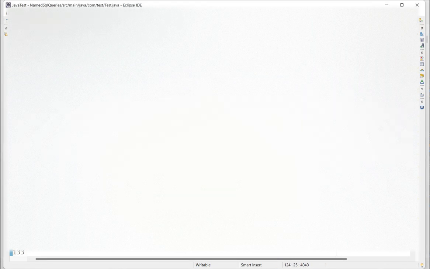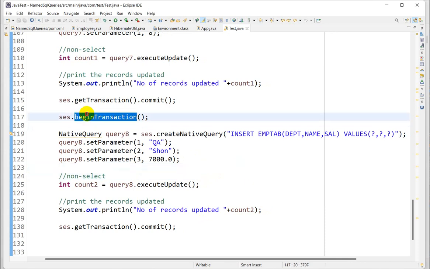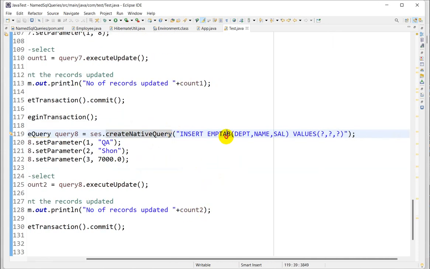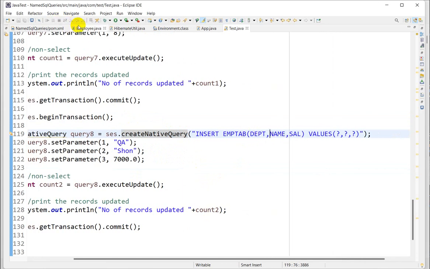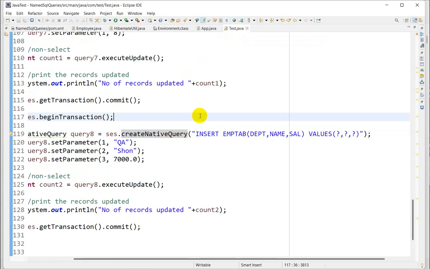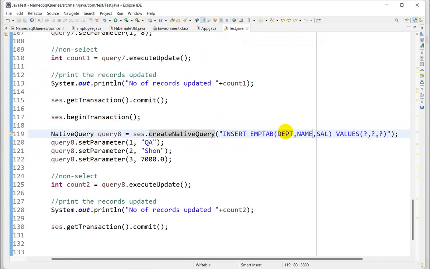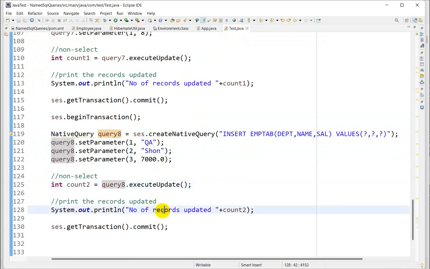So now we will see how we can insert data into the table using this native query. First we have to write session.beginTransaction, then insert into emp_tab department, name and salary. I am not taking the employee ID here, as the employee ID is the primary key and its value is auto-generated, that is auto-incremented. So we have to take only these 3 columns. Now I want to add the department name as QA, name as Sean, and salary should be 7,000. We also have to use executeUpdate in order to execute this query, and we'll get the number of records affected,